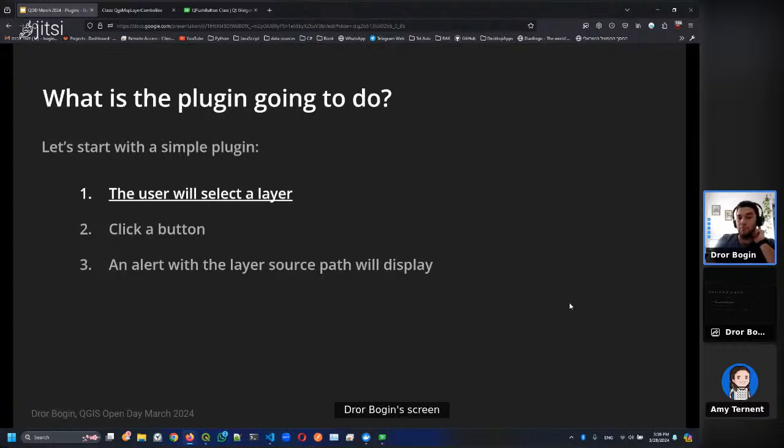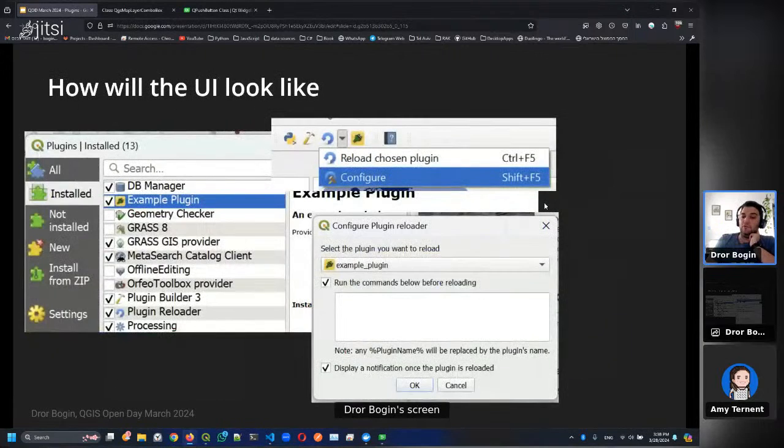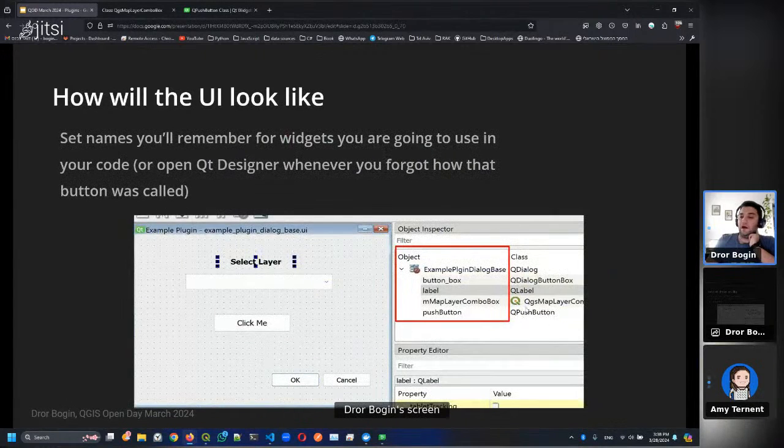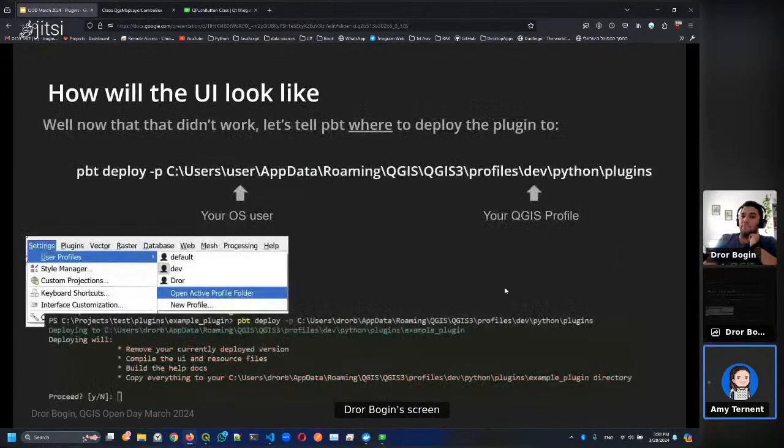So let's start with building the actual code for the plugin. So the user is going to select a layer. Now, before we go into the building of the actual plugin,